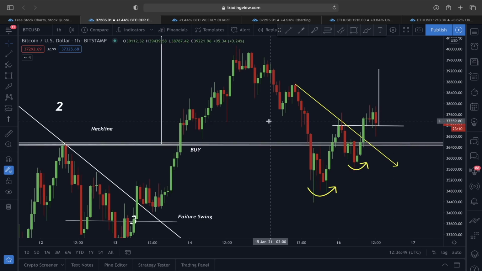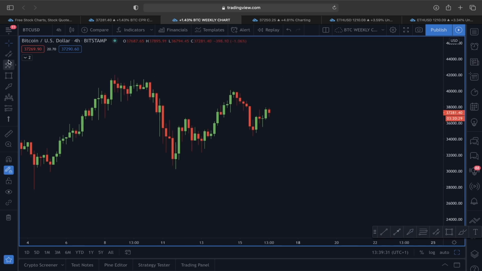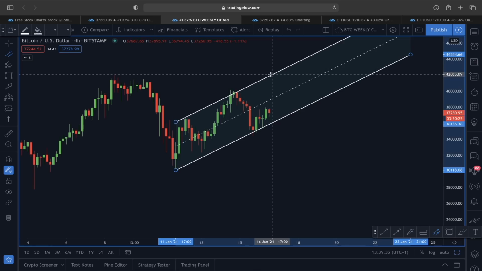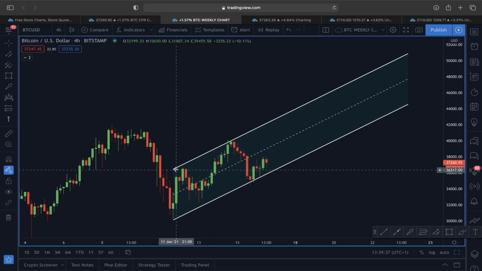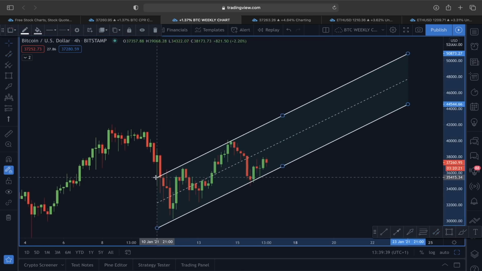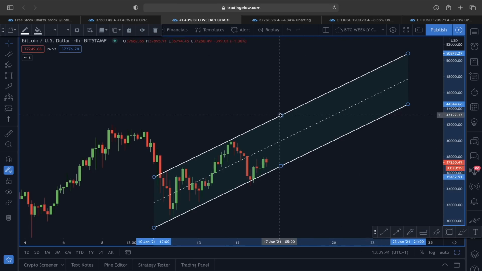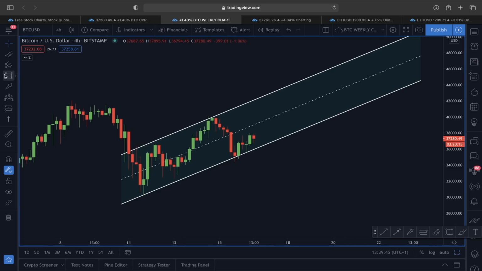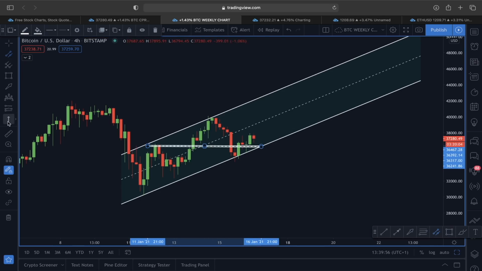So let me switch the chart. So now what we are actually going to do is add this rising channel, or so-called ascending channel, to pinpoint some crucial area. Why? Because you can see here, guys, this price structure inside this ascending channel. Yesterday I told you guys that this 36,500 to 36,600 support was there, but the price came even below that,